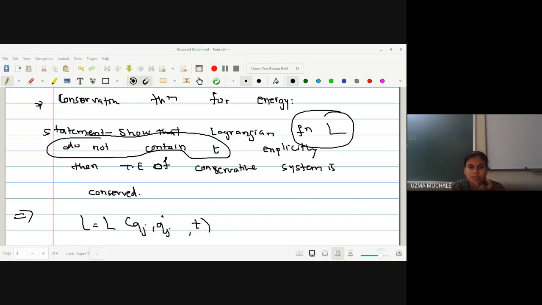Go through the syllabus, complete everything, and write down whatever notes I have given you. I have shared 2 notes: handwritten notes of myself and handwritten notes of HOD ma'am. Go through the notes, and if you have any problem, you can ask. If you want to study more about classical mechanics, you can go for the recommended book, J.C. Rana, and the book is available in our library. Many books are available for classical mechanics. You can search for them.